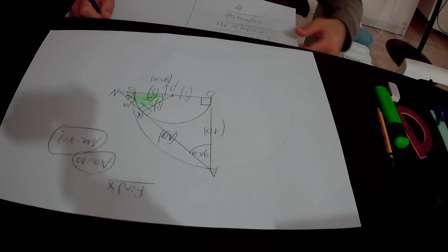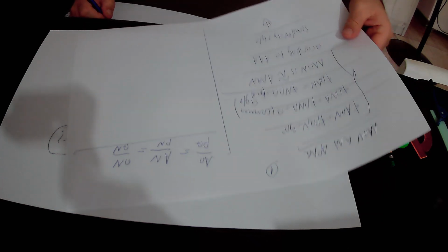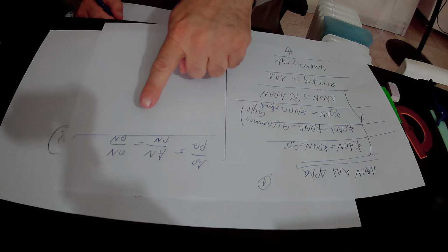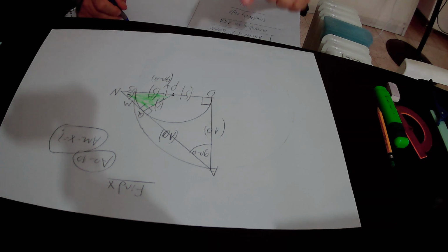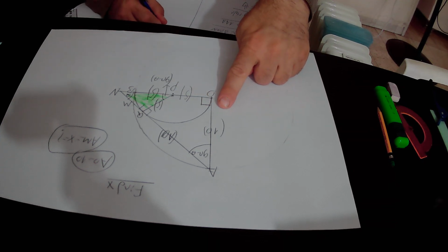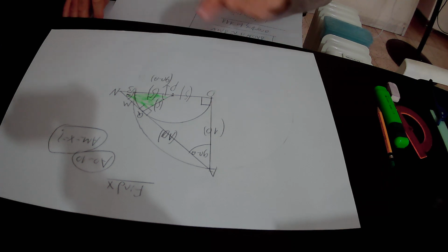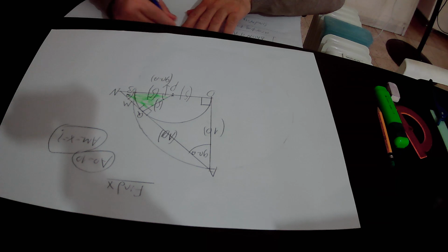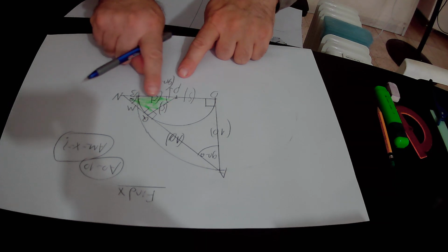We derive that AO over PQ equals AN over PN equals ON over QN. AO is 10 over PQ, which is 5,